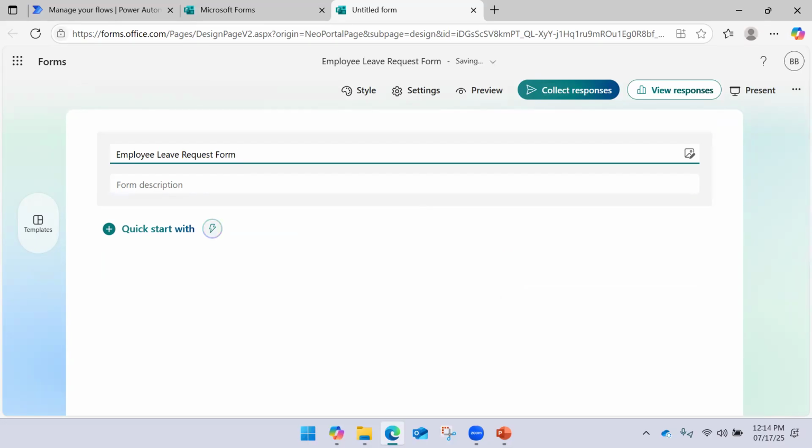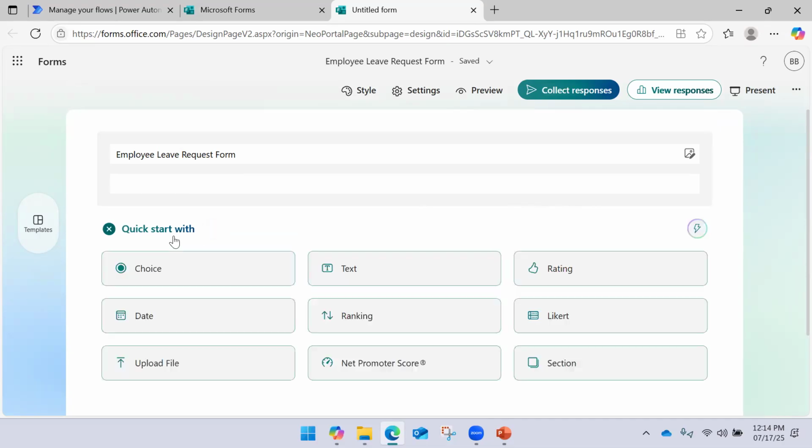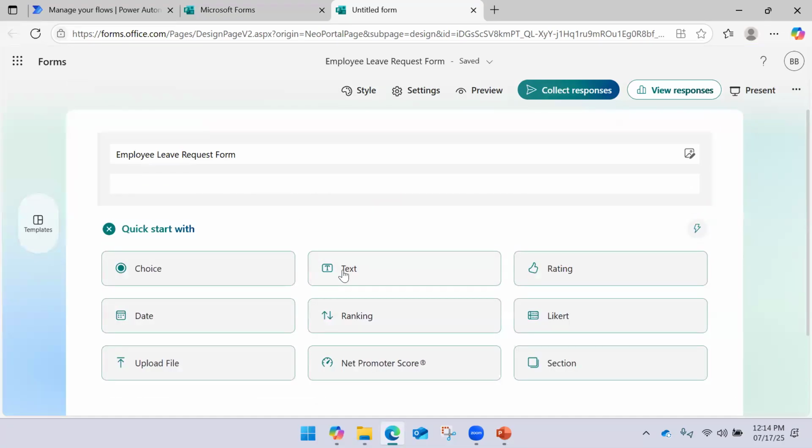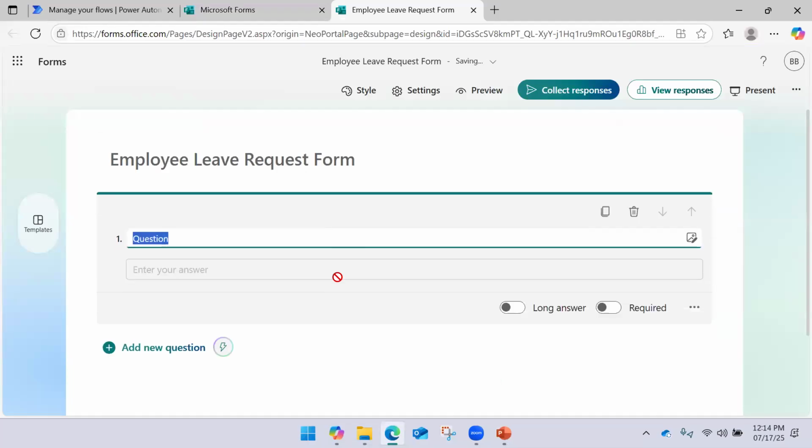If you want to add a description, you can add the description. I don't want to, so I'll just start with the text box. The question is